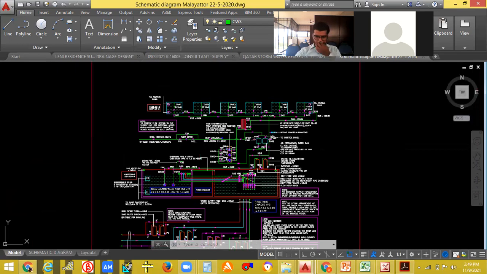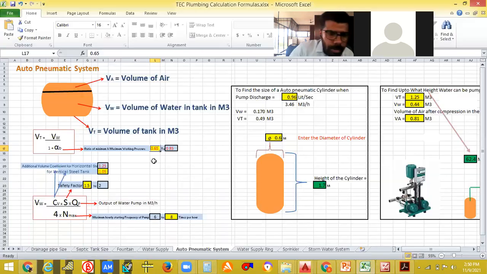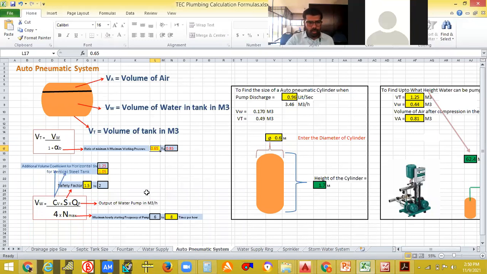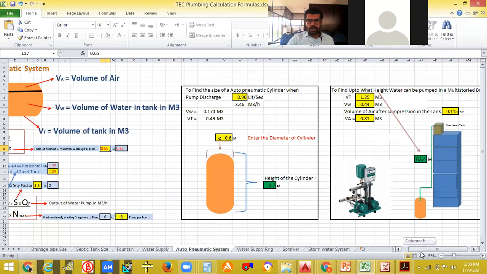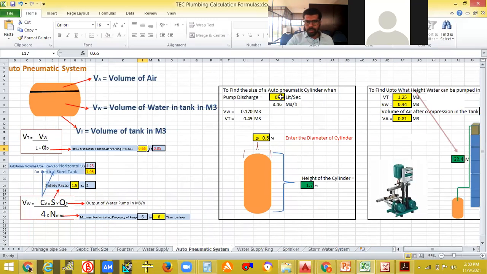Anyways, we are coming back. We have already done a question regarding this. Just now we are trying to give these values directly into this. So if you know the pump discharge, you can give that pump discharge here, say 1 liter per second. Then you enter the diameter.